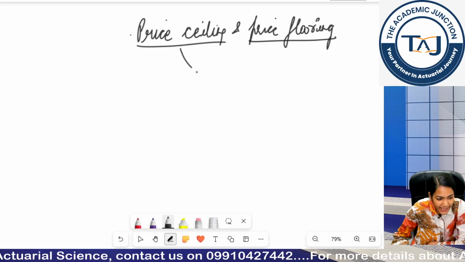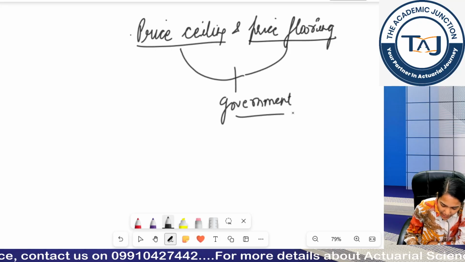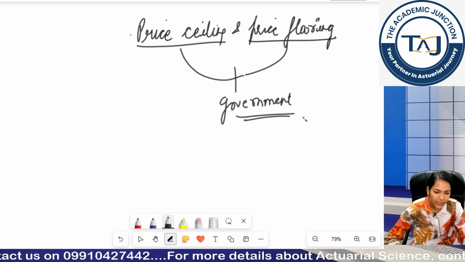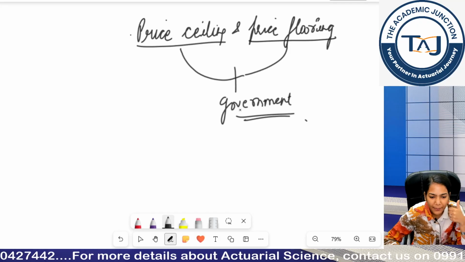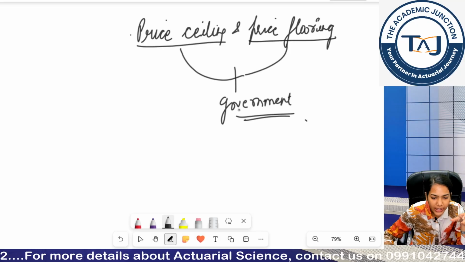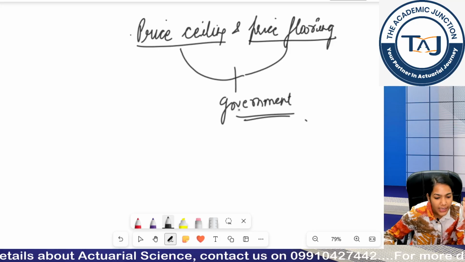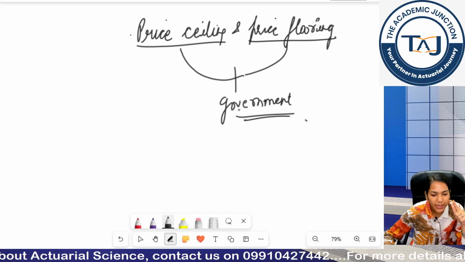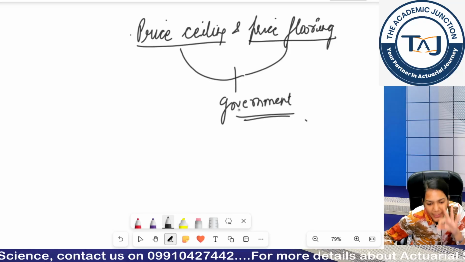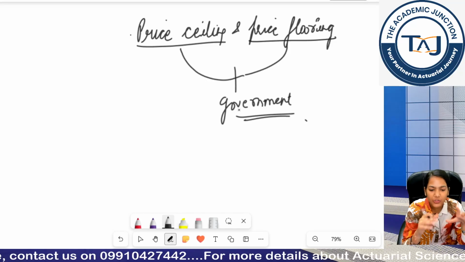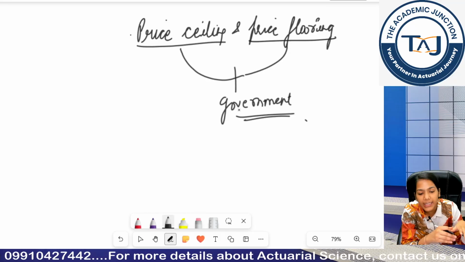Clear? These price ceiling and price flooring are usually imposed by the government. In the first chapter we discussed three types of economies, right? Command economy, which was centralized by some central authority. Then we have capitalist economy, which was run by market forces. And there was a third type, the mixed economy, where most prices are determined by the market forces of demand and supply, but still the government interferes sometimes.